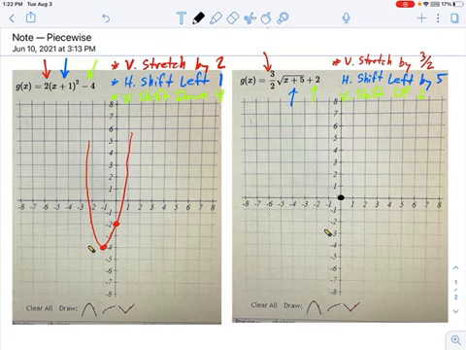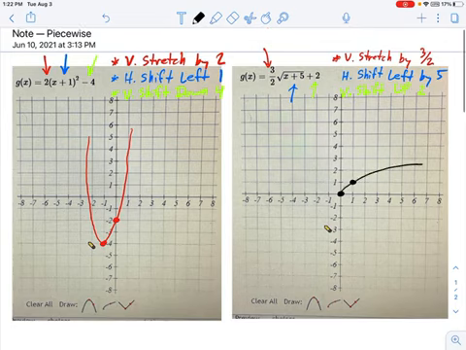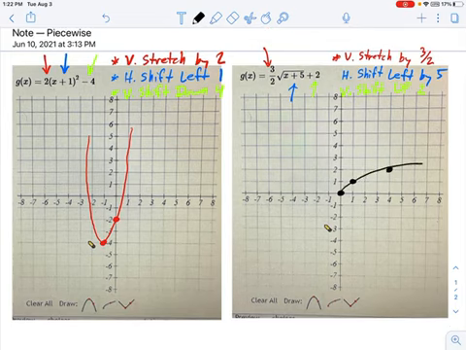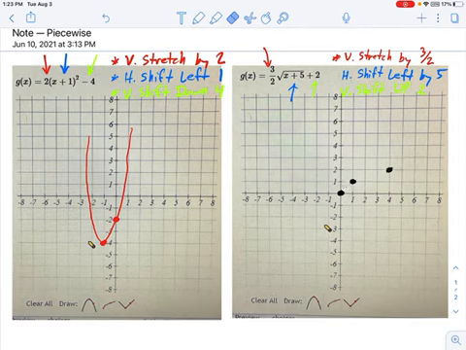I like to have a parent function to work off of, so it's important that you know these things. And we can use the points 0 and 1 again, but instead of going up like a parabola, it's going to go out like a square root. Okay, and I think there will be another point over here if you're interested. So let's get started with this.